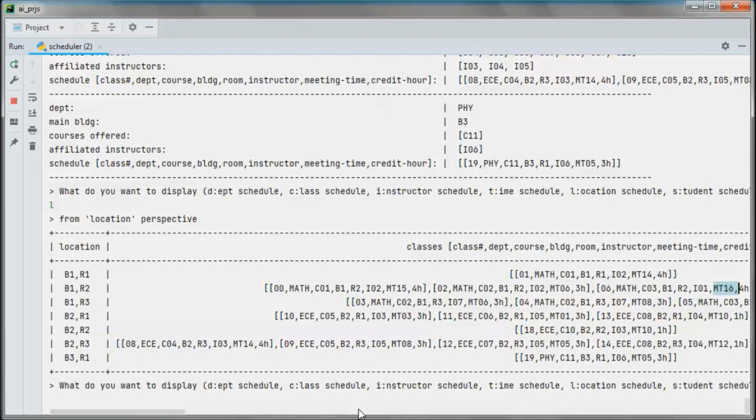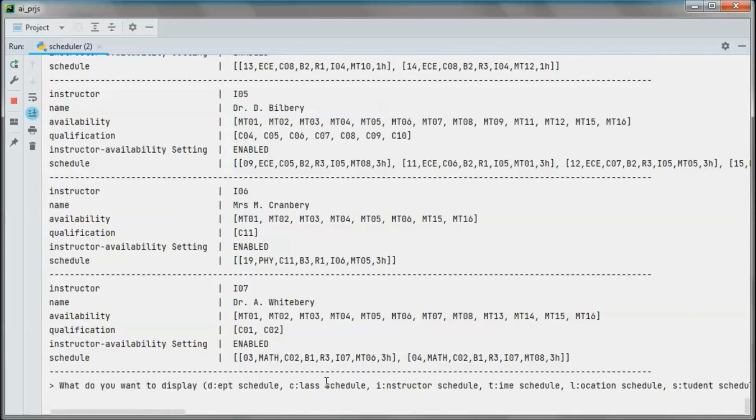And from the instructor schedule perspective, we have 7 instructors, and we have the instructor availability setting enabled. So we do look at the availabilities of each instructor when scheduling them. So he's available meeting time 01, 02, 03, 04, 05, 06, and 15 and 16. And he is scheduled in meeting time 05.